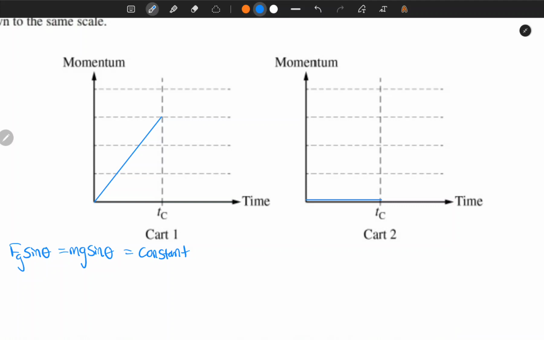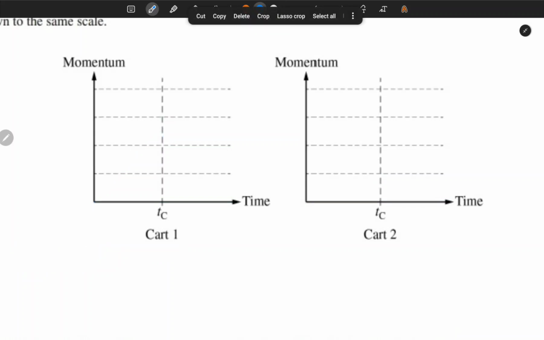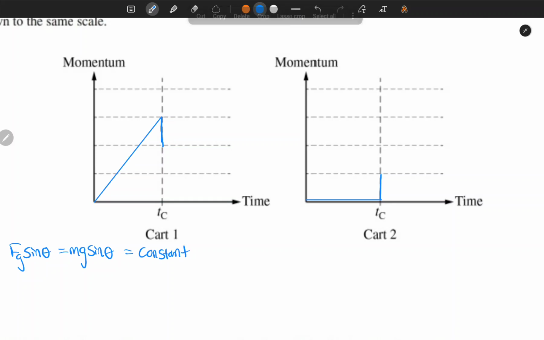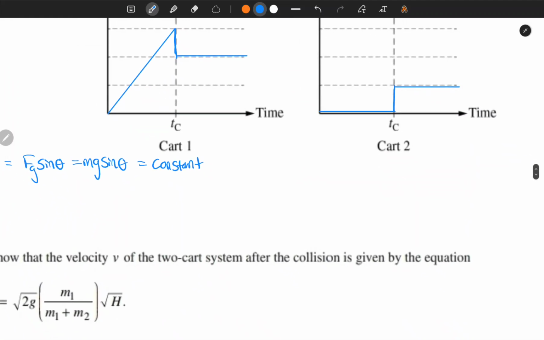So let's say we go down by 1 unit of momentum, then cart 2 should go up by 1 unit of momentum. So the solution would look something like this, where afterwards, since it has a constant speed, we have flat lines. However, this is incorrect because we know that